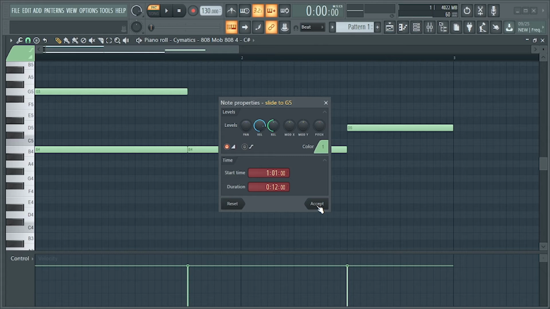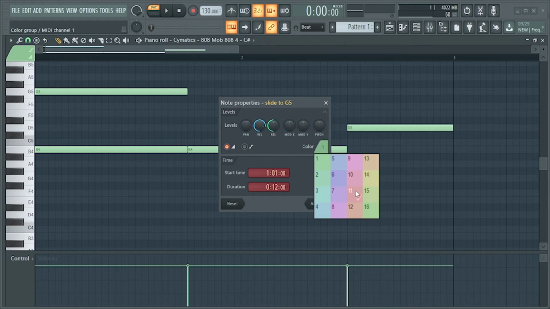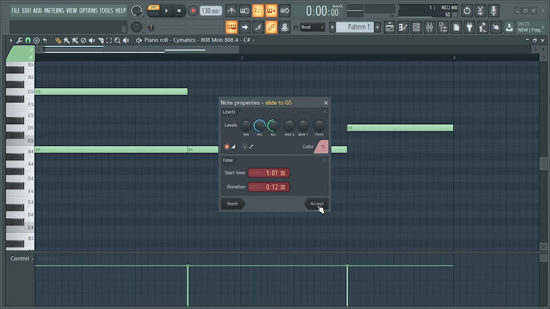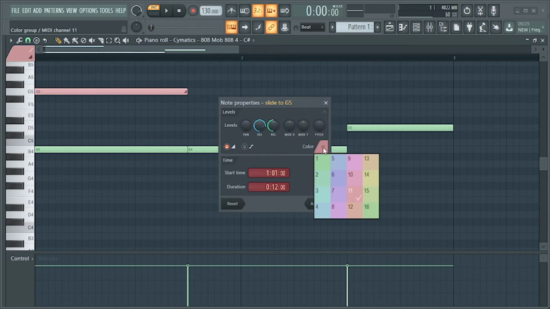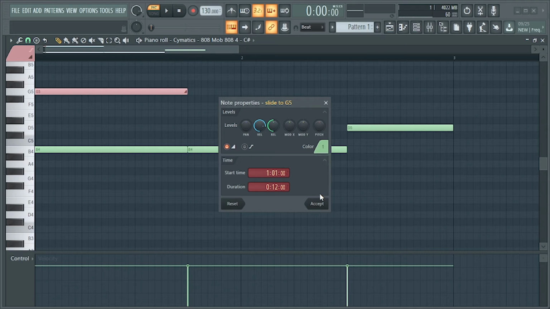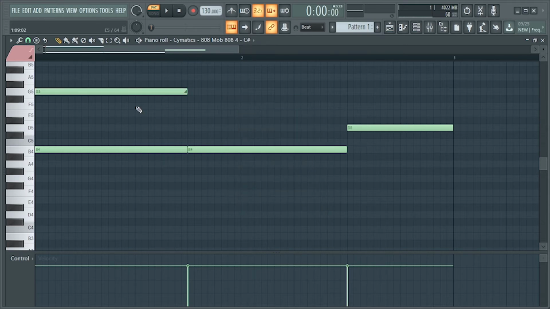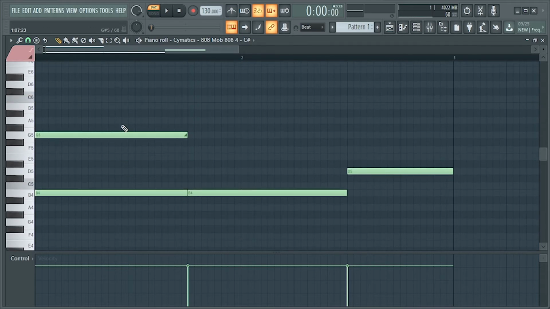Don't change anything unless you need to, but yeah, you can even change the color of the slide, pink, but for this video we're going to stick with the actual color set. Okay, so let's try to